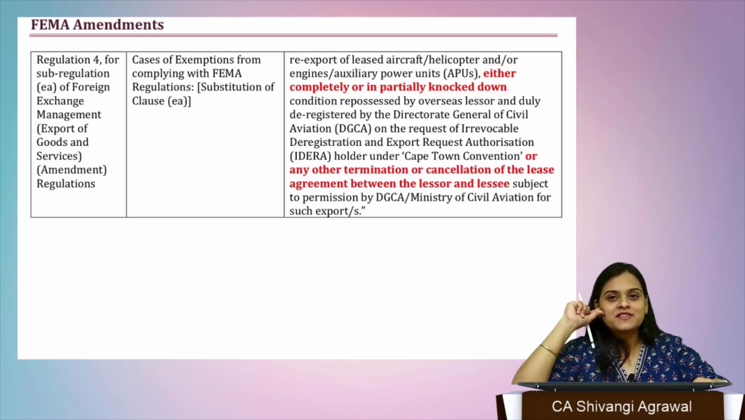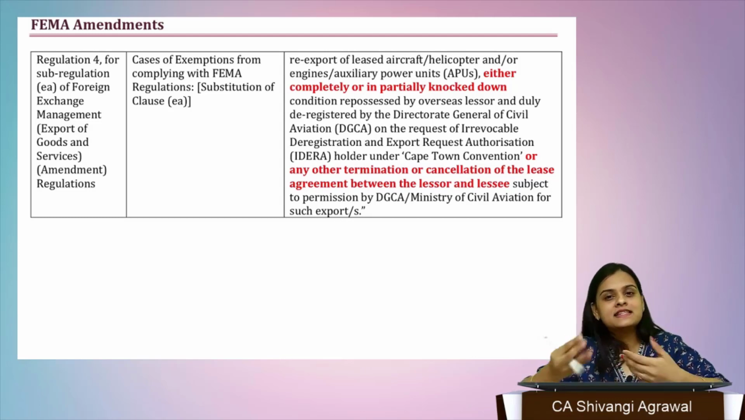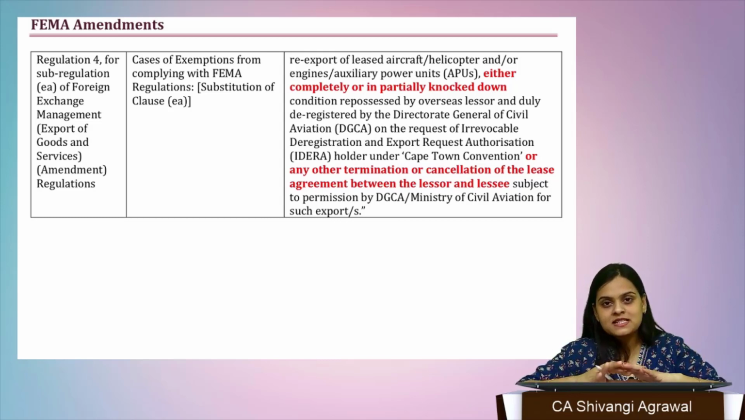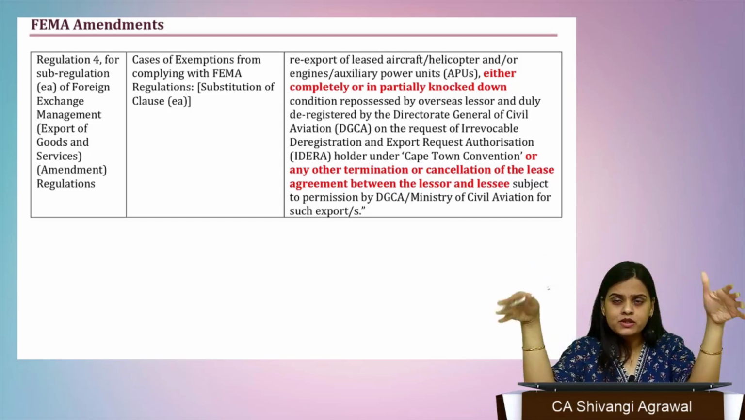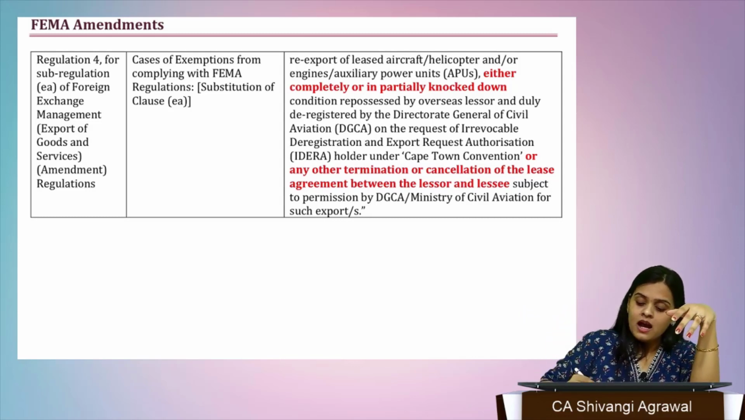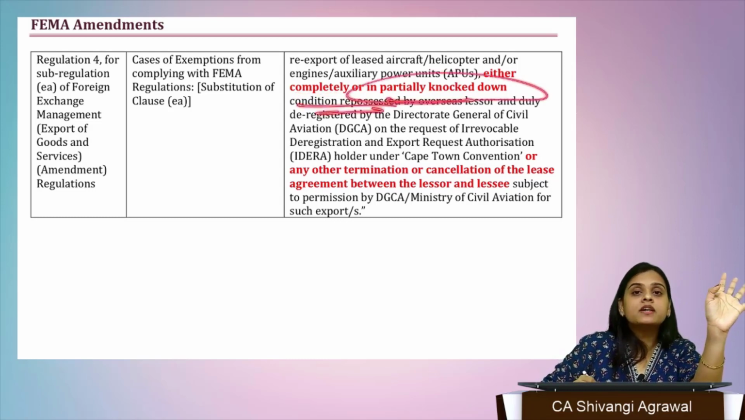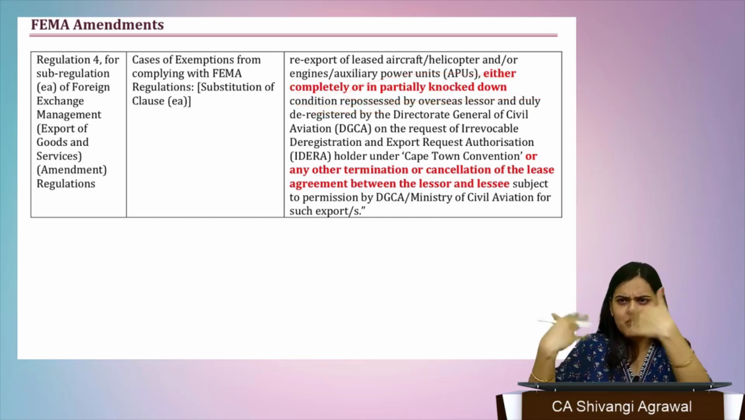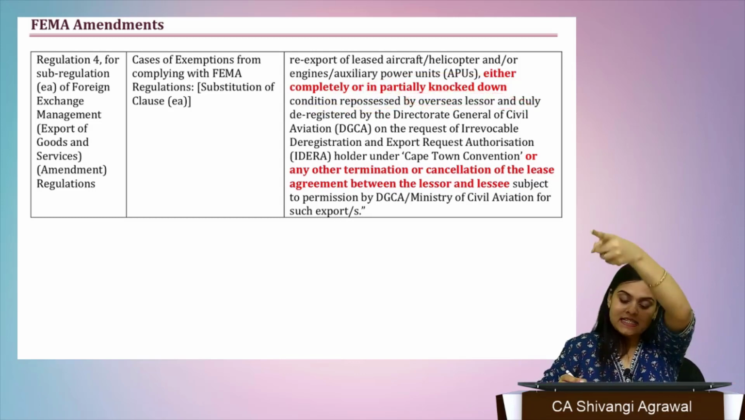I don't know how many of you have seen the movie Bhuj by Ajay Devgan, right? If you have seen, you would probably know that an aircraft can actually be dismantled, although they exaggerate things in every way, but an aircraft can actually be dismantled and then it can be exported. So quite possible I imported an aircraft, now I am re-exporting it completely or in partially knocked down condition. Maybe I have dismantled some parts and now I am re-exporting it. So it is repossessed, it is retaken by that overseas lessor,